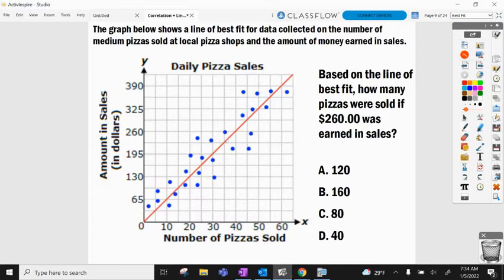So this line of best fit, which is somewhere in between, somewhere above and below some of the data, says, based on the line of best fit, which is this red line, how many pizzas were sold if $260 were earned. So we go to $260. 260 is right around here. If we trace 260 over to the line, we could bring that straight down. So on this line, if there were a data point right there, 260 would correlate to about 40,